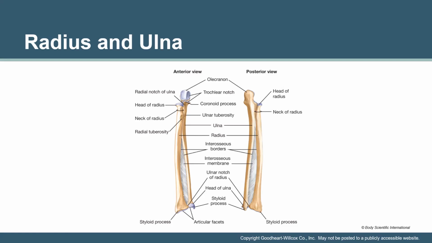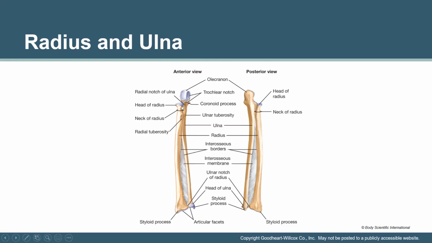Okay, the radius is on your thumb side. If you stick your thumb up and say it's rad, dude, that's one little weird way you can kind of remember which side of your arm. Again, it has to be in anatomical position, palms facing forward, in order to make it right. And then your ulna will always be on your pinky side of your arm. So the radius then, if we're looking at it from an anterior view in anatomical position,